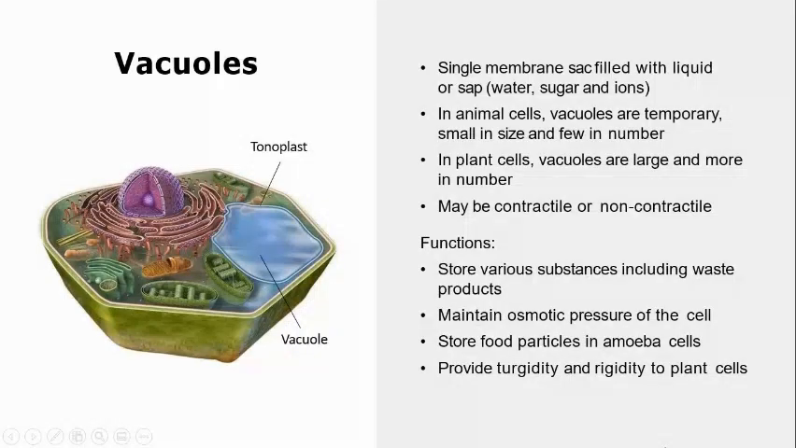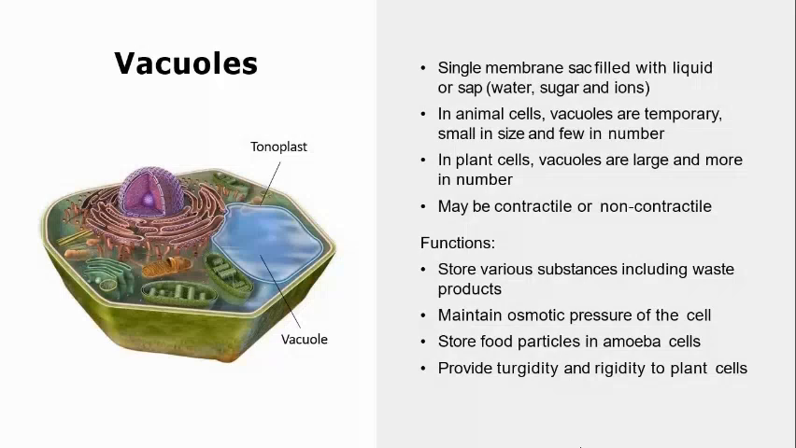The next one, we have the vacuoles. A vacuole is a single-membrane sac filled with liquid or sap, which contains water, sugar, and ions. In animal cells, vacuoles are temporary, small in size, and few in number, while in plant cells, vacuoles are large and more in number. They may be contractile or non-contractile. Functions: store various substances including waste products, maintain osmotic pressure of the cell, store food particles in amoeba cells, and provide turgidity and